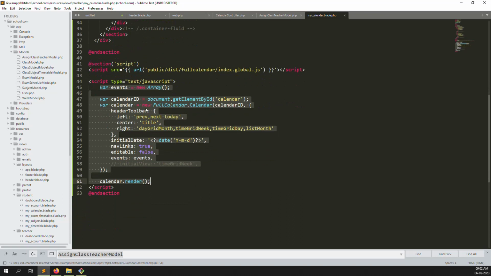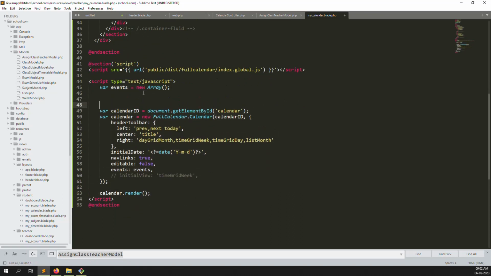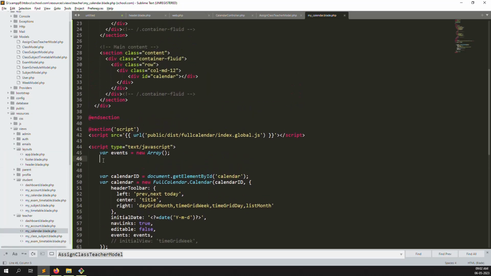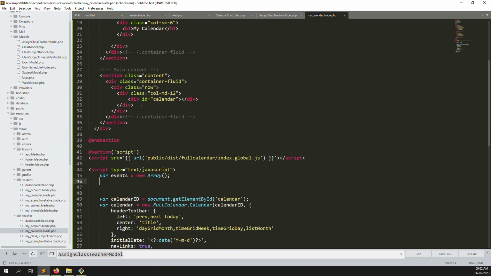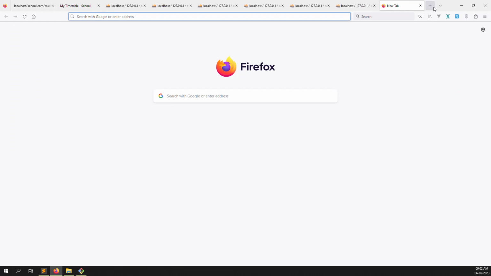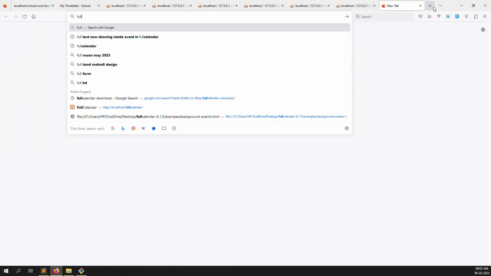Inside my calendar we need to create events here. So let's go to students again, and copy this code. Before going to teacher, I can explain what I did. First of all, I will implement a library file. So you need to go to fullcalendar.io. Inside you need to download,